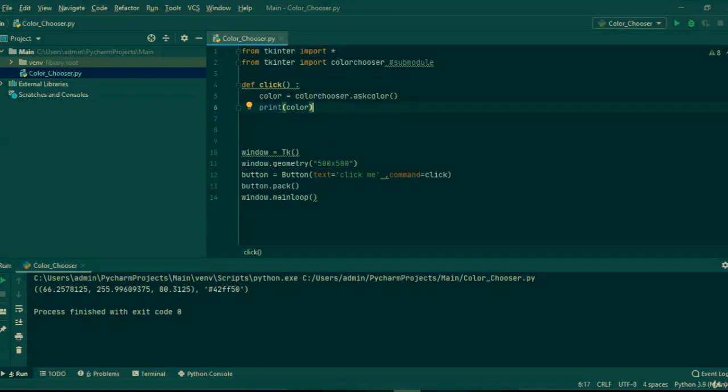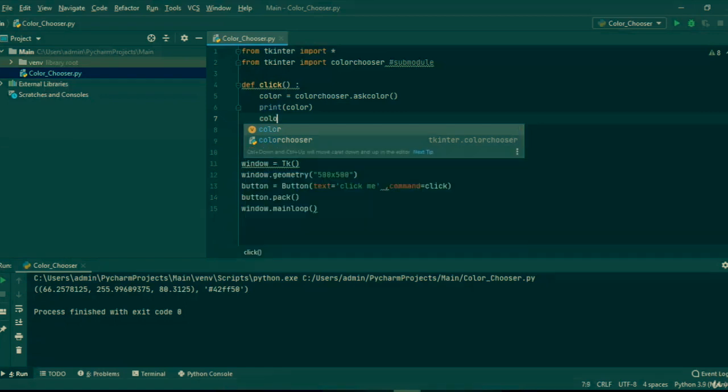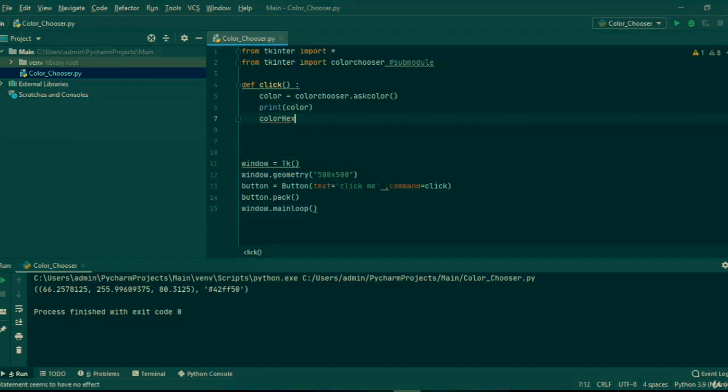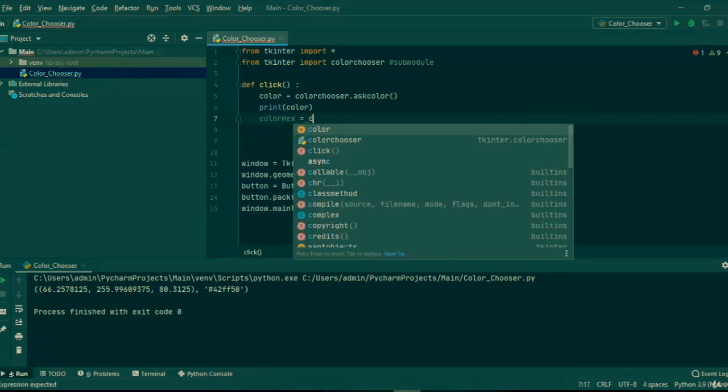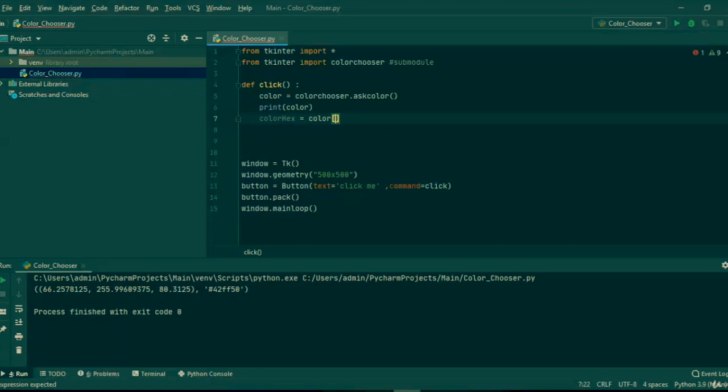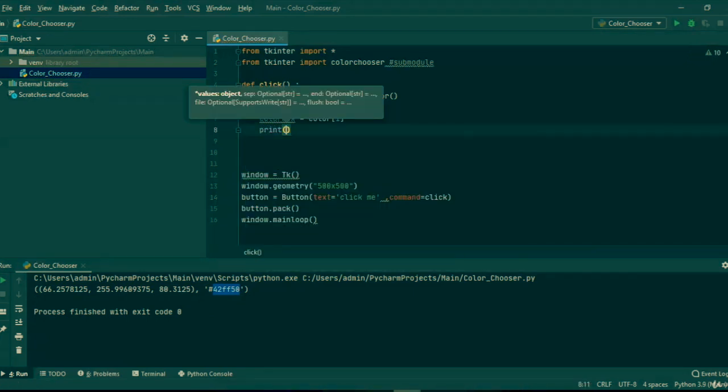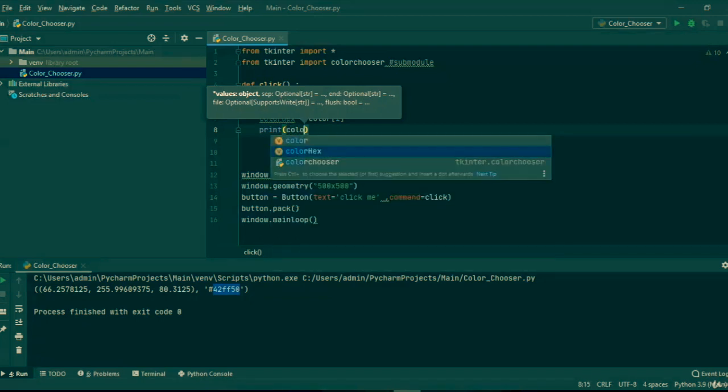So what we can do is create a second variable to store this. So let's just call this color hexa. So color_hexa equals color, and we are going to get the first element. So well, technically it is the second element, but it is the element at position 1. So this is index 0. So we are going to basically extract this hexadecimal value, and let's just print this just to be sure that it is working fine. So print color_hexa,